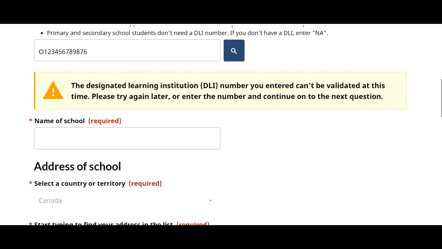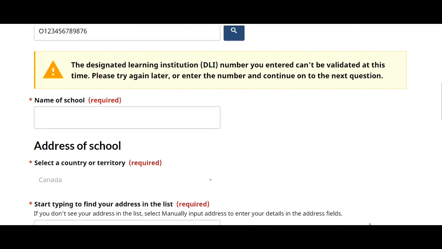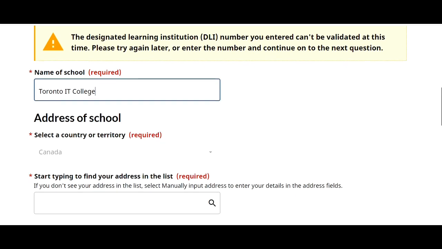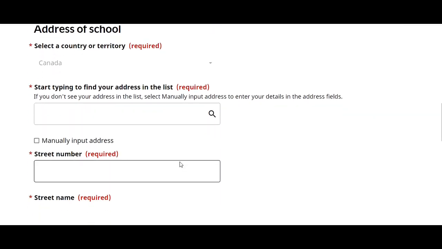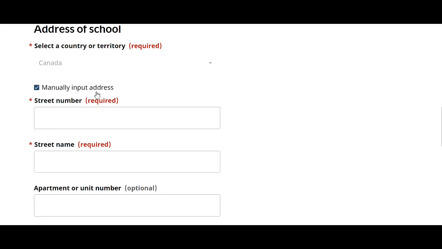So I'll just put Toronto IT College. Now select a country or territory, Canada is already selected. Now you can type the address here, but I'm going to do it manually because the address I'm going to enter does not exist, but you can do it automatically.